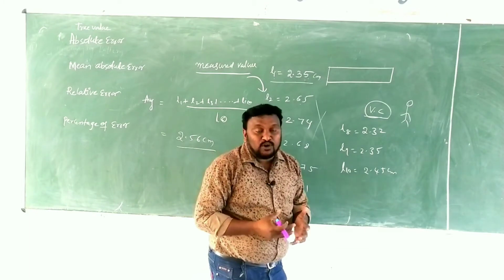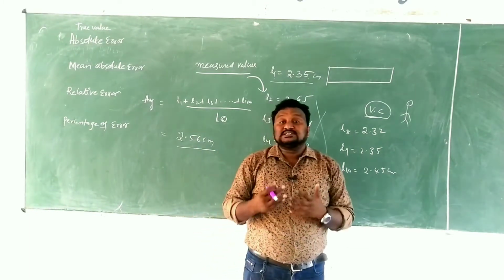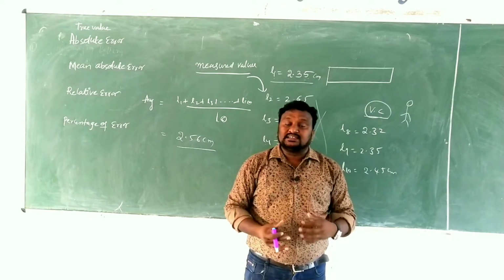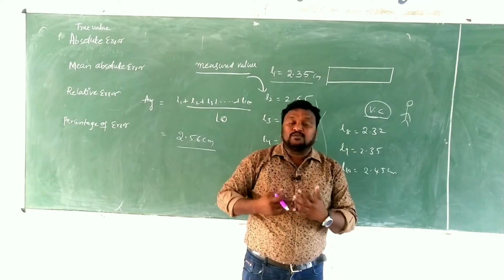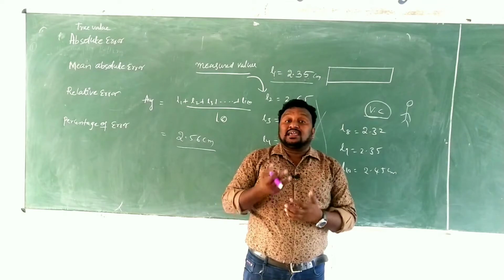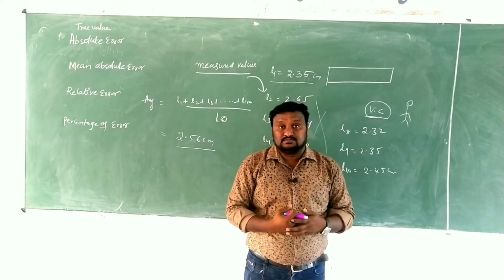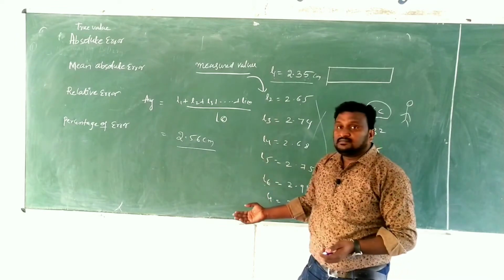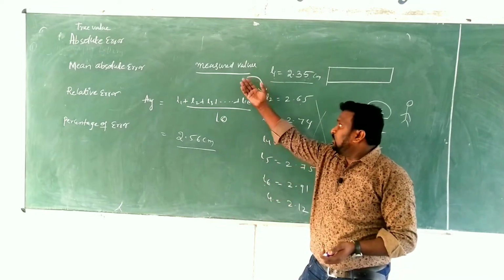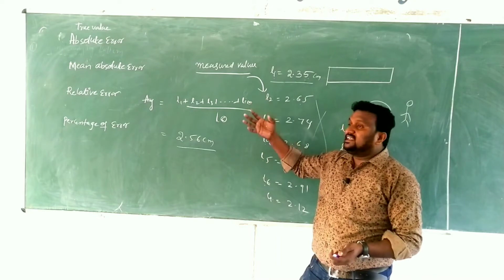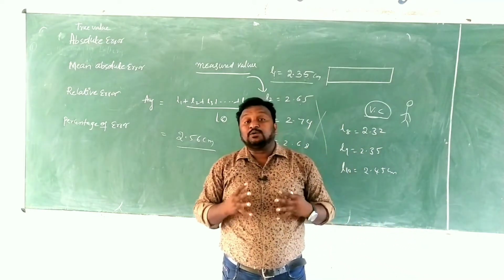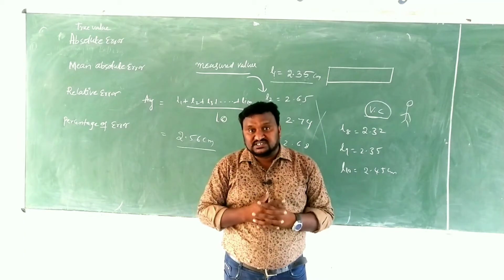So in daily life also we can say that practice makes perfect. Practice makes man perfect. Like that, while we are doing it a number of times, the error should be reduced. Why is there a necessity to take the average? Here the error that occurred is going to be reduced. That's why we have to take more observations.